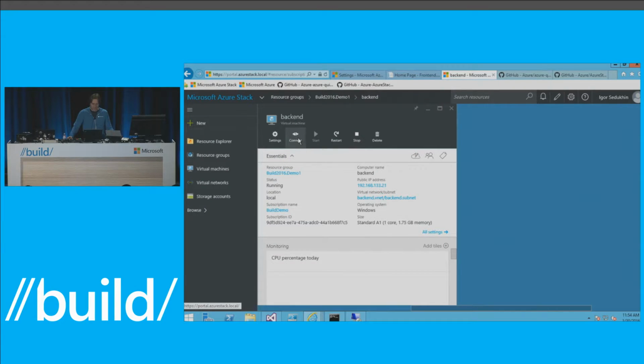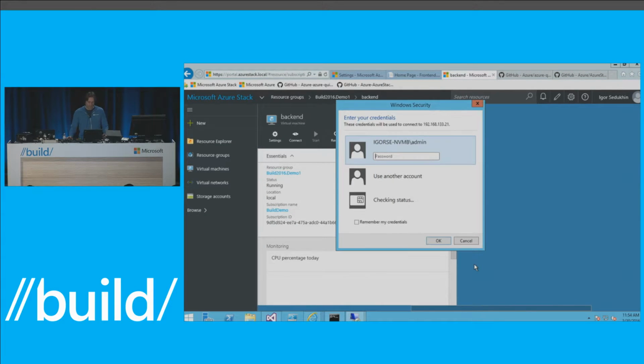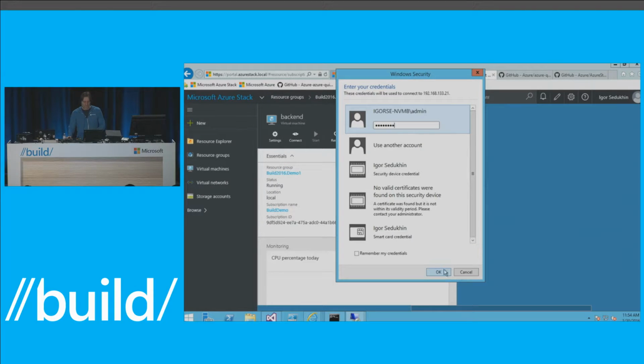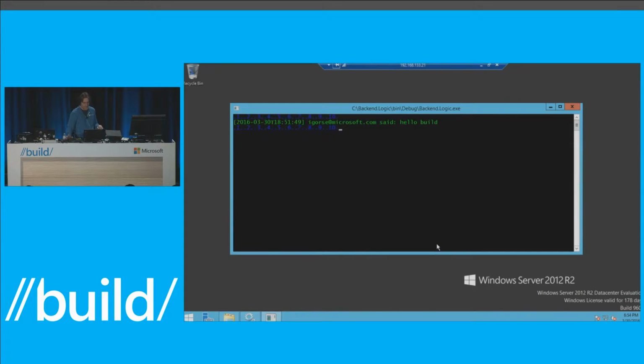So what I'm going to do is connect. Like I said, just like I would connect to a VM in Azure, I'm connecting to it here. I'm going to provide the password I gave when I created the VM and connect to the VM. And so there you go. That's actually my backend application that I just deployed into the VM using that DSC script, using that application model of Azure, now running here on the Azure Stack instance. And it picked up that message that I typed. You can see the time is appropriate.